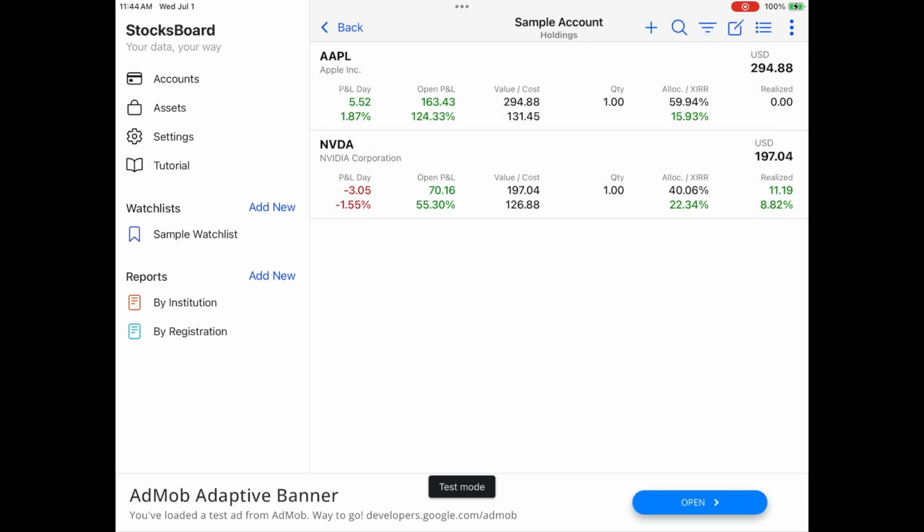Here you can see several important metrics for each holding, including daily profit and loss. As you can see, today Apple is up while Nvidia is down. Overall, open profit and loss across our holdings, the current market value of our shares and our total cost basis, portfolio allocation for each holding and the annualized rate of return,